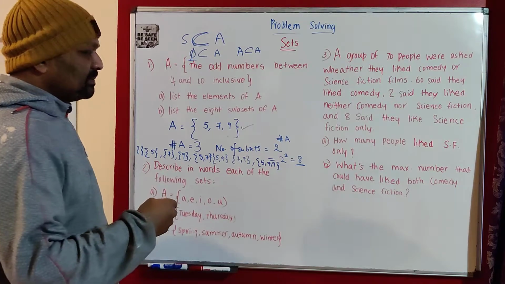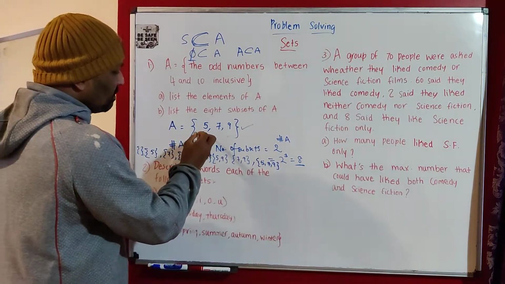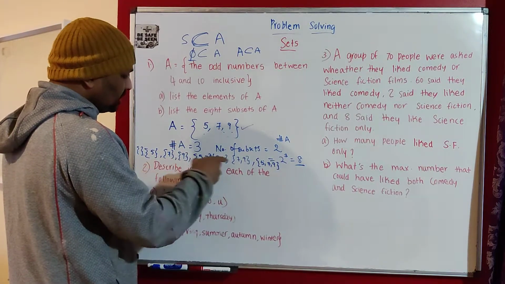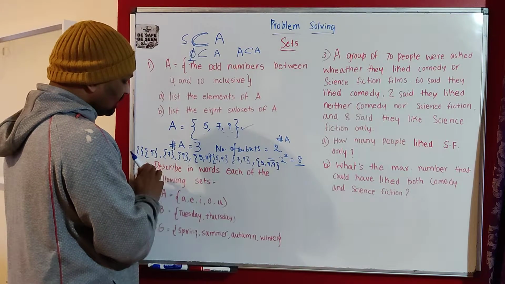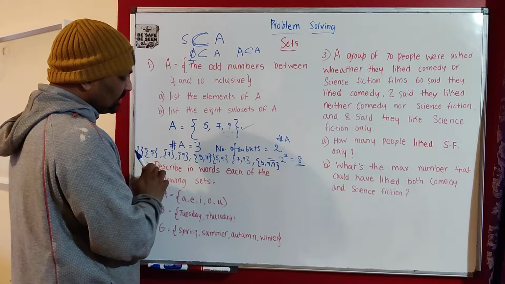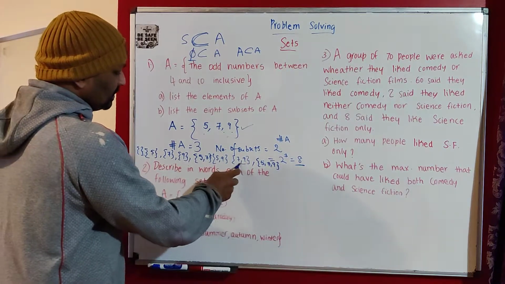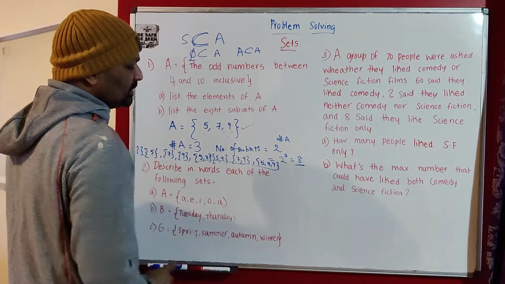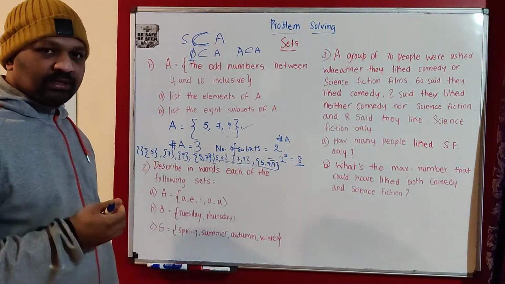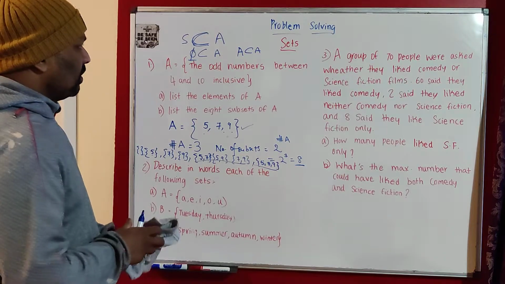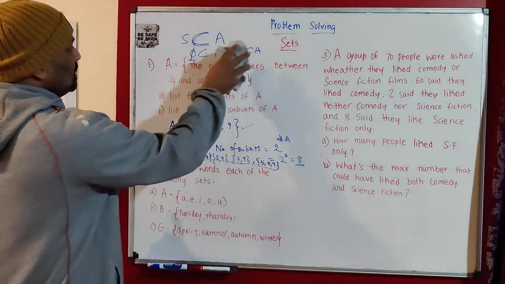How can we derive the subsets? By putting different combinations of elements into the set, you can derive the subsets. Here I took only single elements as a set, so I got 3 subsets. Similarly, here I took 2 elements at a time, and like that I derived 3 more subsets, and with all elements I derived 1 more subset. And the null set is a subset of every set. Okay, so I'm going to erase the first sum.